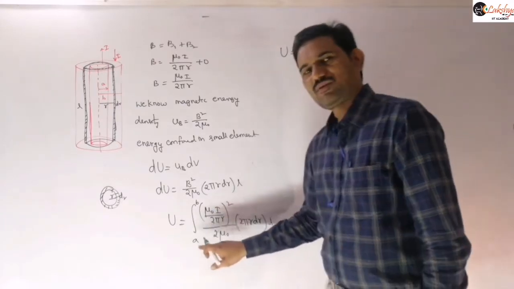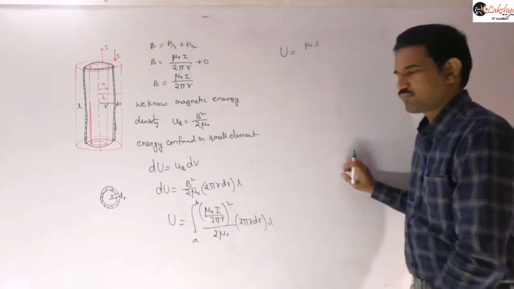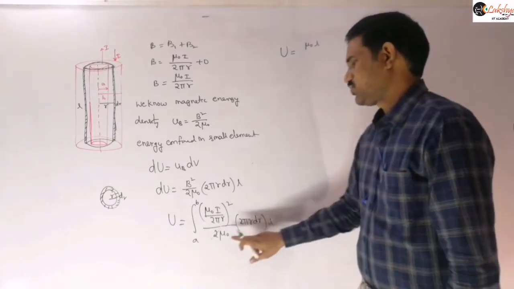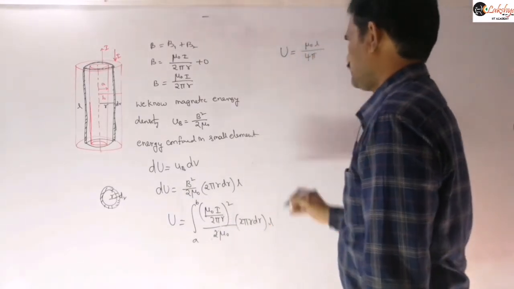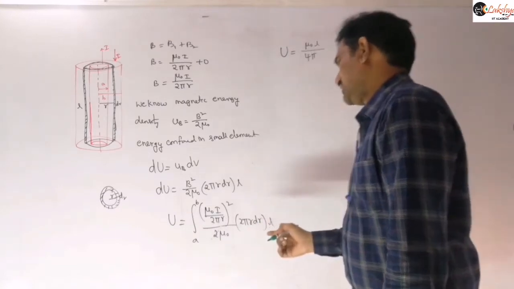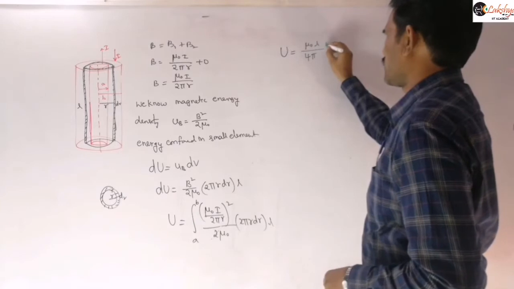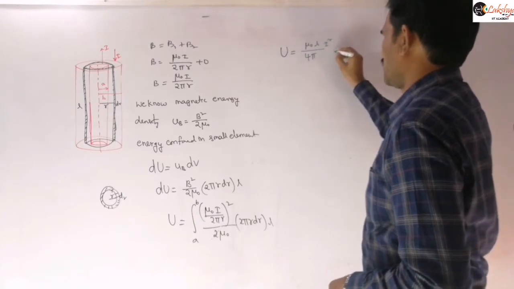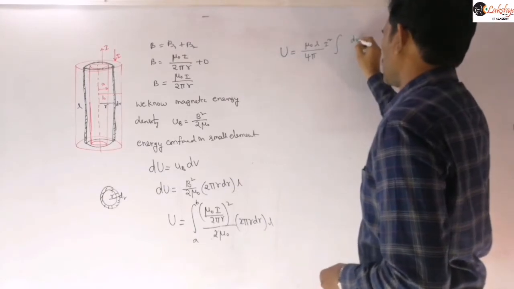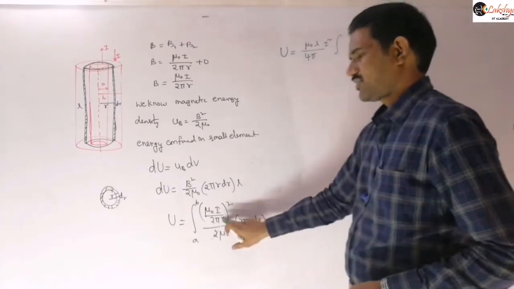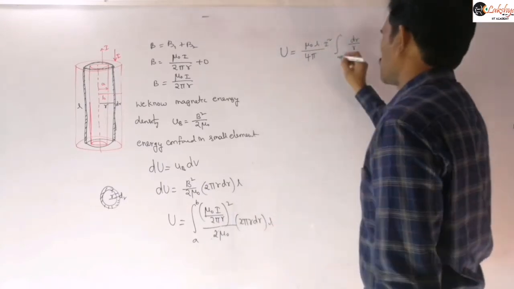And here, instead of cancelling this 2, I can do one thing. Here 2 pi r whole square will be there, then one 2 pi r will be cancelled. So another 2 pi will be there, and another 2 is there. So totally here 4 pi. And then the remaining constants, like I square, you can also write outside there. So I square, then integral of that r terms we need to write there, which is nothing but dr by r. So here r square will be there, and here only one r is there. One r will be cancelled, and you will get dr by r, right?